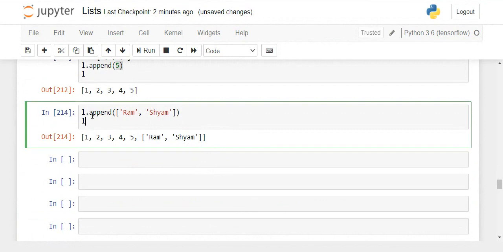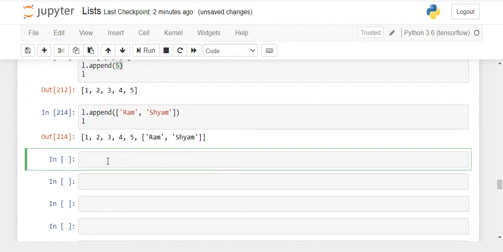This happens in case of the append method. And does this function return any value? No. So an in-place operation is happening. It means whatever you are doing is going to happen in the original list. It is going to be reflected in the original list.